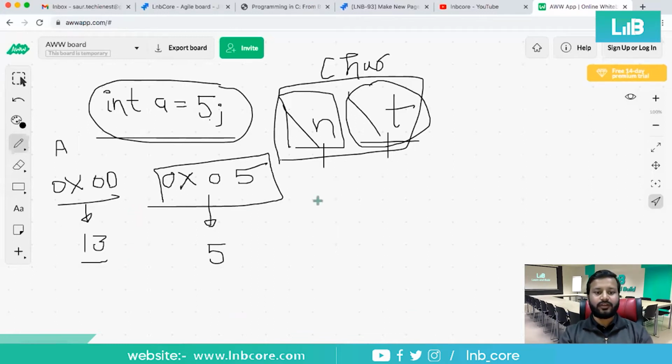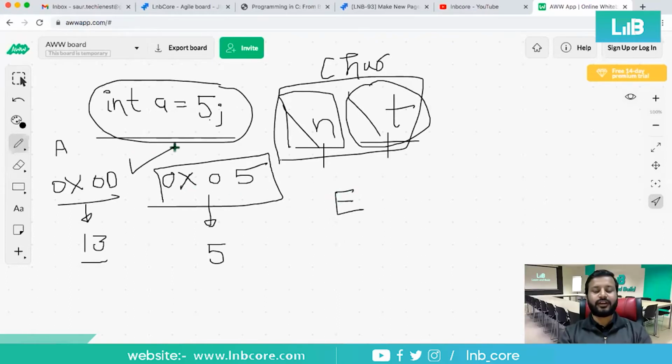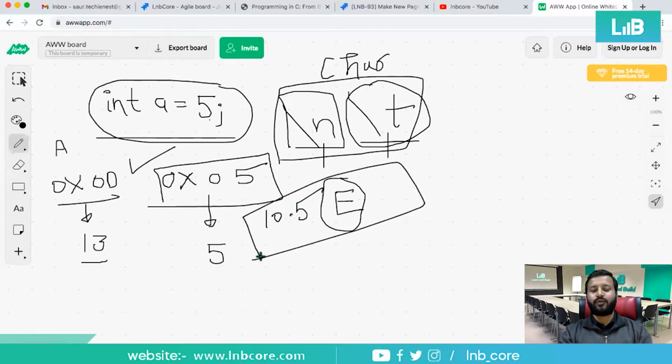Similarly, we can have them for float also. This was for number systems. Likewise, for floating point there is e. If you write a number like 10.5e, it means you are talking about a floating point number, right? So these are already predefined.